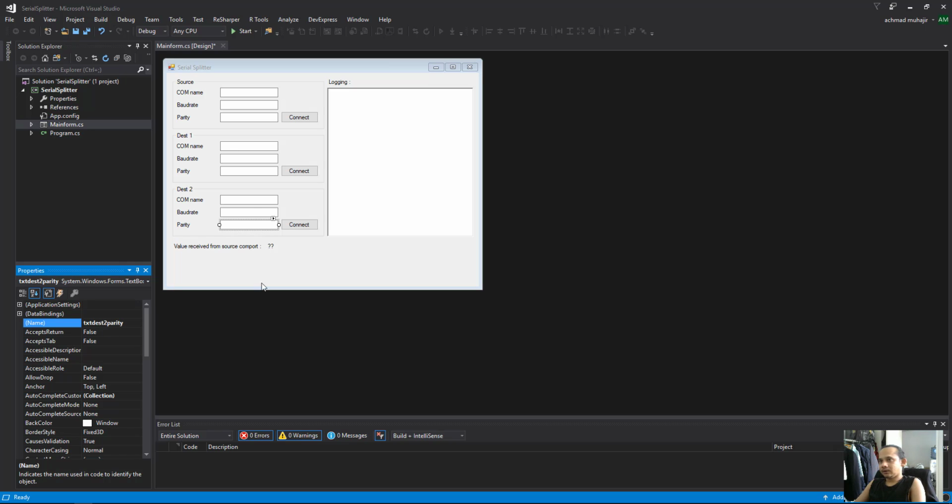Okay, that's it. So txt search parity, baud rate, and we're gonna focus on this rate. So destination com name, parity, destination one baud rate. We're gonna check again which has a misname. Okay, parity, and then this one is btn